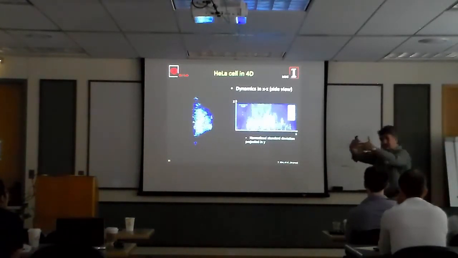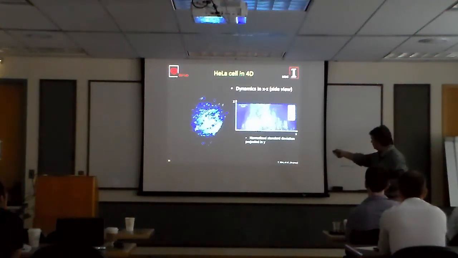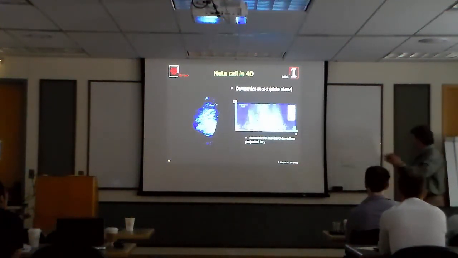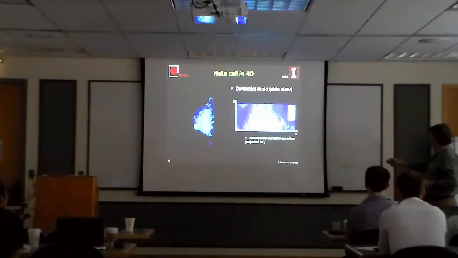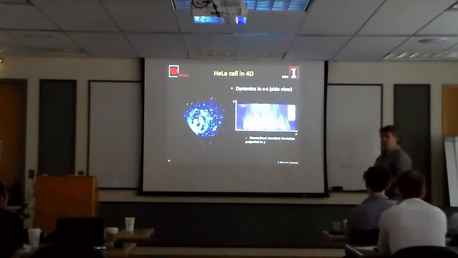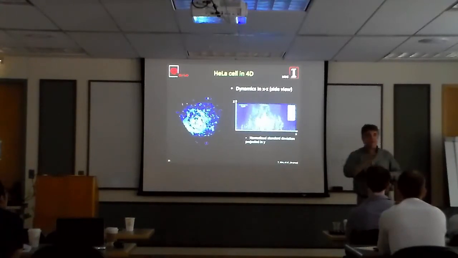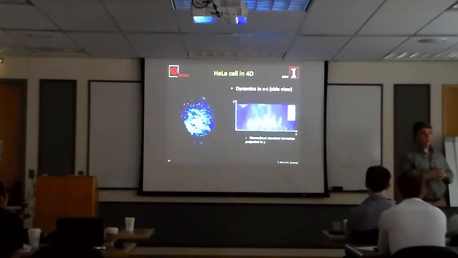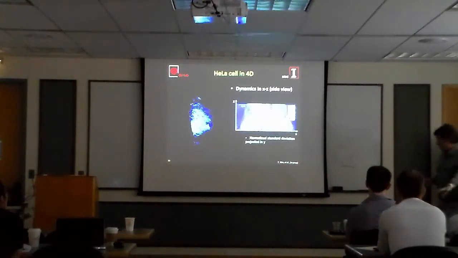So this is looking at the cell from the side. You cut through, this is the glass right here, and you look at the cell. So you see there is stuff here that is not clearly resolved. The funny thing, this is actually a standard deviation in time. Anyway, ideally we would like to cut through the cells in all 3 dimensions and get views dynamically at the same time, which is work in progress.